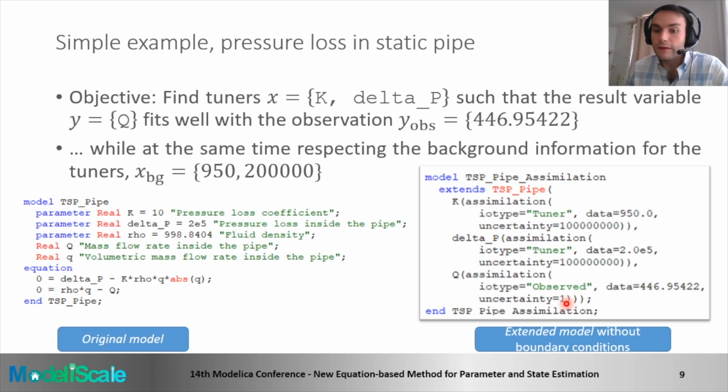So in this case, we don't have a boundary condition, but it could be done as well. And with this record, we introduce these records to modify the variables, and we give the value and the uncertainty like this. So it's very easy for the user to identify these variables,